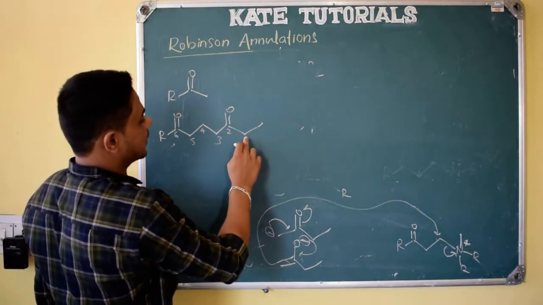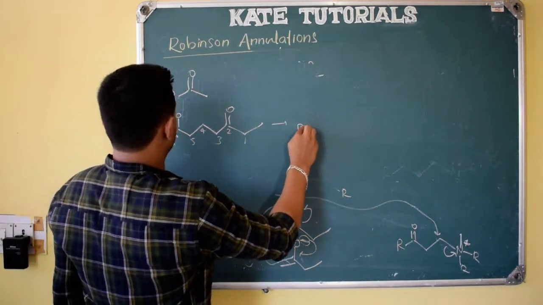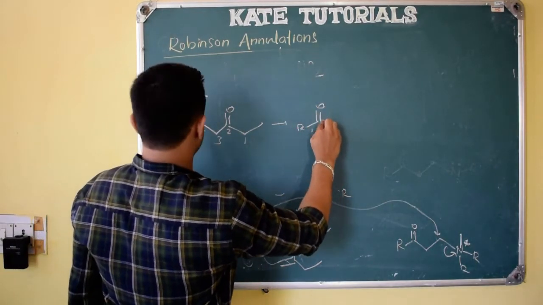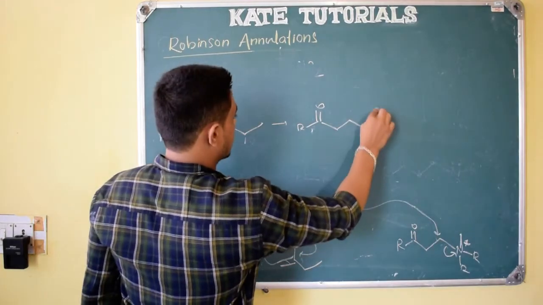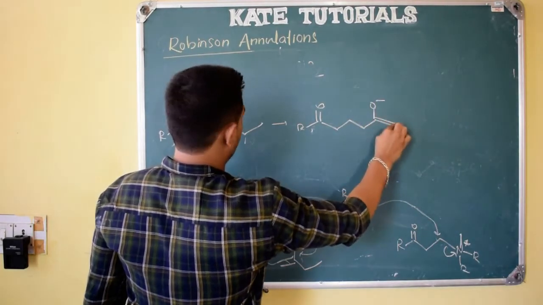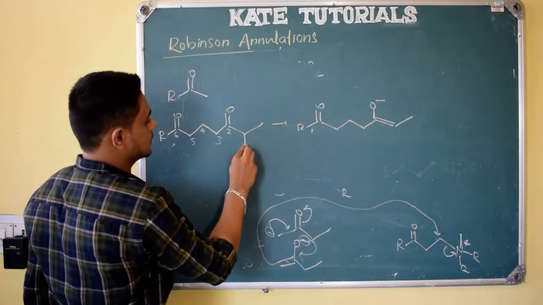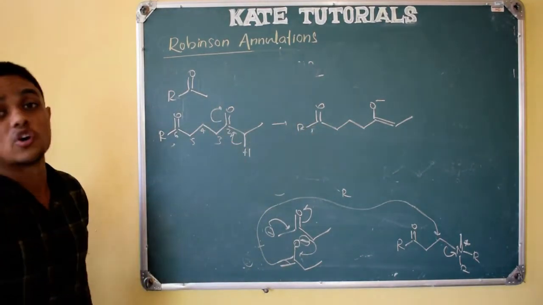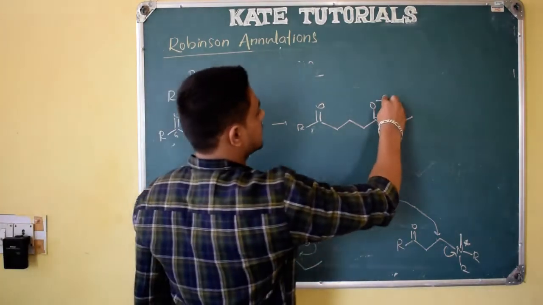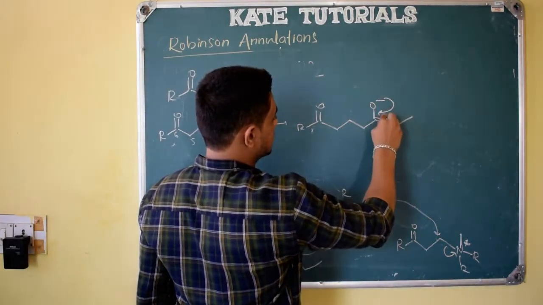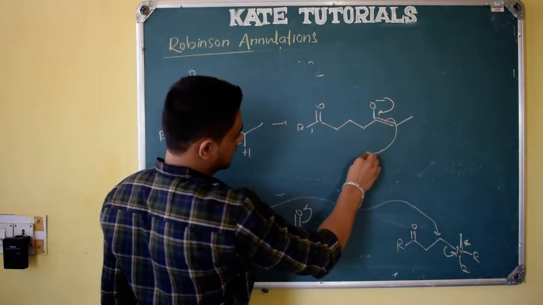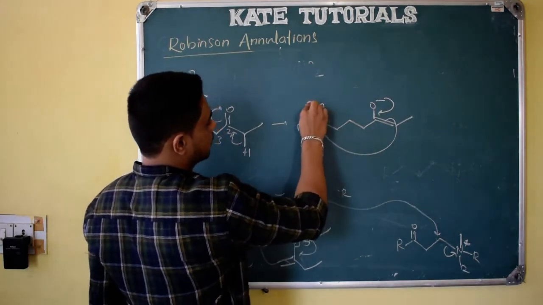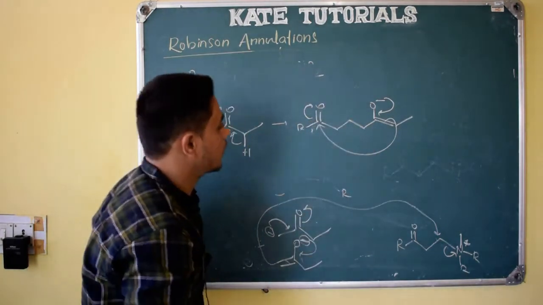So what happens if I remove the proton, what will it do, it will be like this only. Proton I have removed, so O minus with a double bond CH3, like this. Proton I have removed, so it will be in enolate form, right? Enolate form. Then what happens, this electron density comes here, and from this carbon, this will attack this carbonyl, right? So it will form a 6-membered ring.